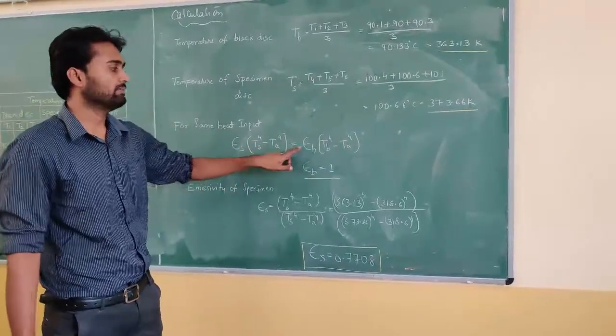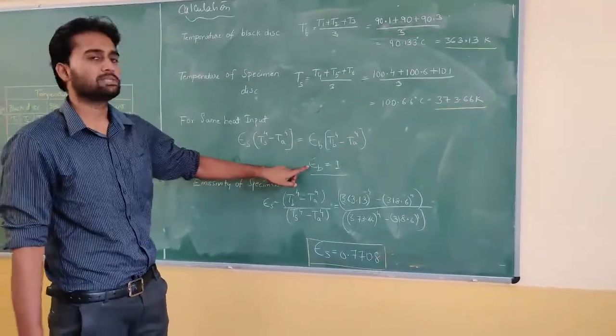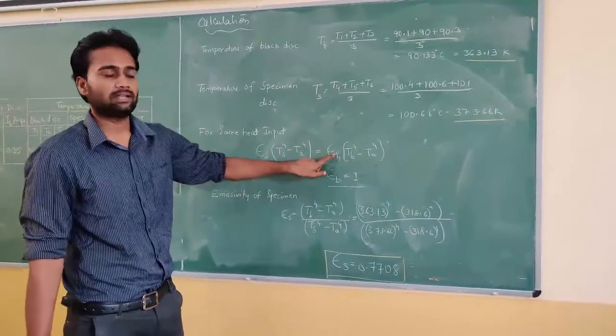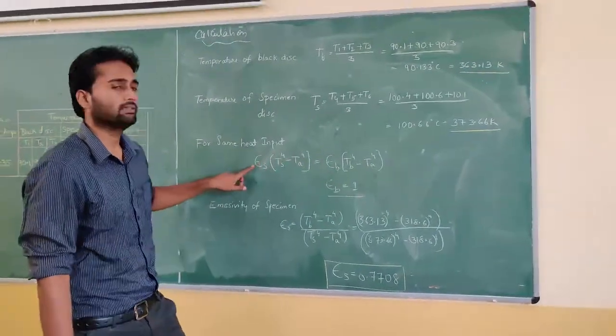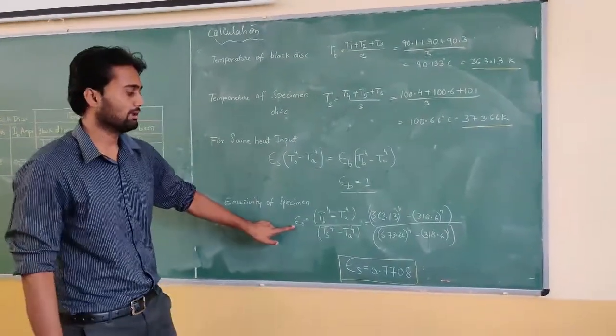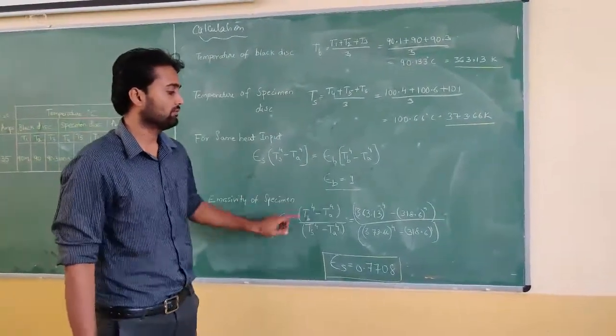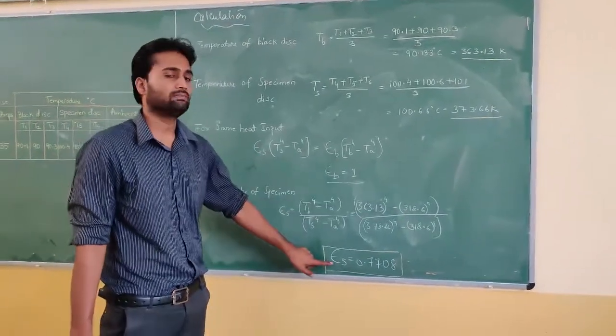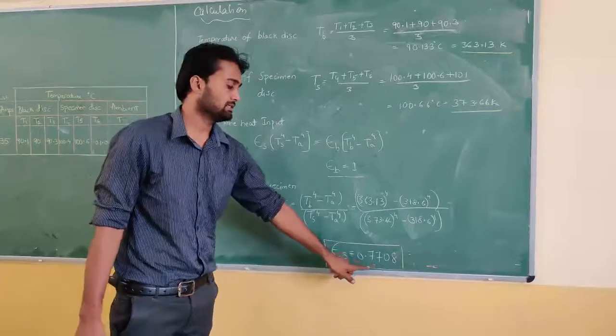We are very much aware that for a black body the emissivity is 1. So by keeping the emissivity of the black surface as 1, we can formulate the equation for the emissivity of the surface. The equation looks like this. If we substitute all the values measured from the experiment, we will get the emissivity of the surface, which is